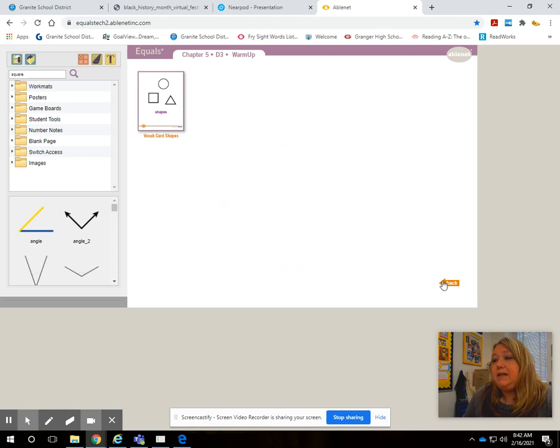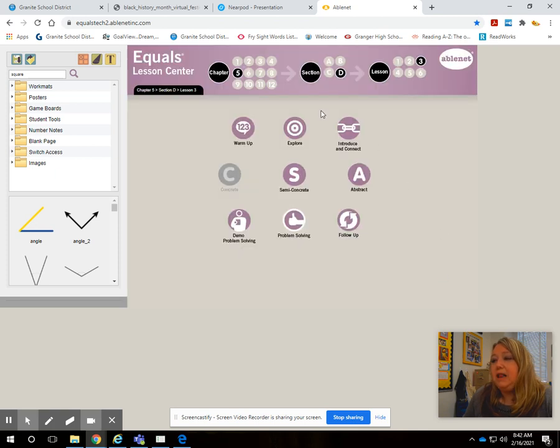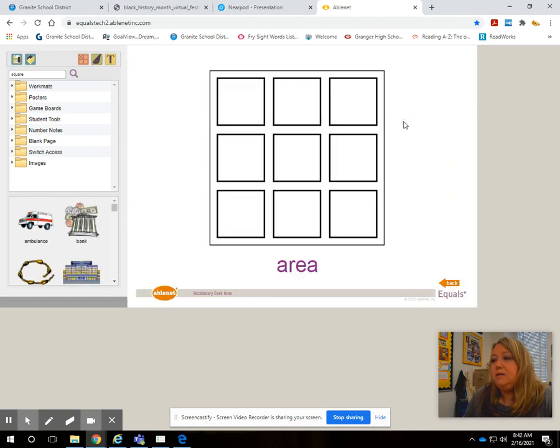All right, for today, we're going to talk about something a little bit different. And we're going to be talking about the area or the space within a larger area, okay? And so we're going to be looking at a bigger shape and how we can fit many smaller shapes into that area. Eventually, this is going to lead us to be able to measure and determine what the area of